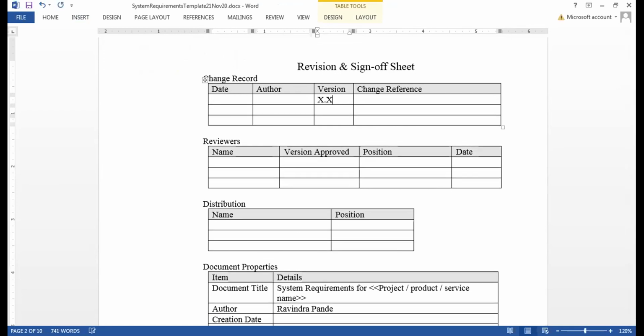Normally in industry as of today, we have the version as x.x.x.x. I'll explain what these four x's and three dots in between are. This is the version label or version name we give to each and every document, software release, and software build. In an iterative development, there could be 20 SRS, so how do you refer to a particular SRS? You refer to it by this version name. This can be something like 1.2.1.3. I'm just taking a raw example.